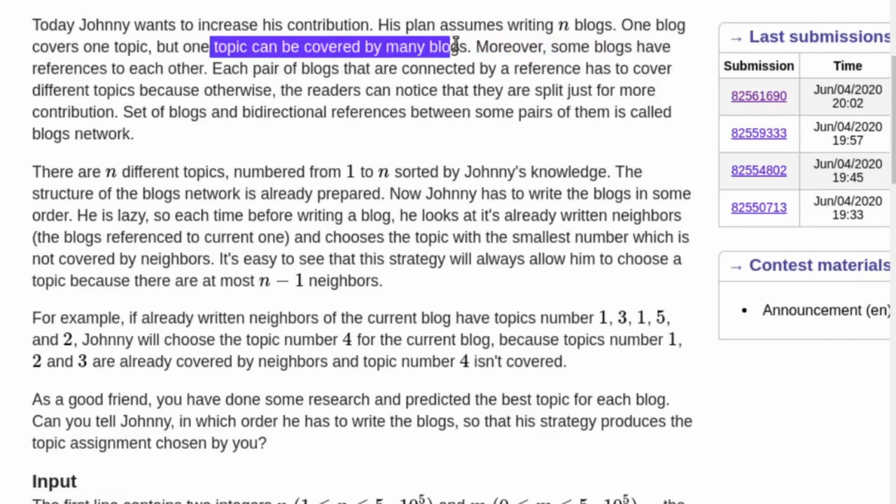And some of the blocks have references to each other. There are n different topics numbered from 1 to n. They are also sorted by Johnny's knowledge. So Johnny knows topic 1 better than topic 2, or topic i better than topic i plus 1. And so he wants to write blogs, and